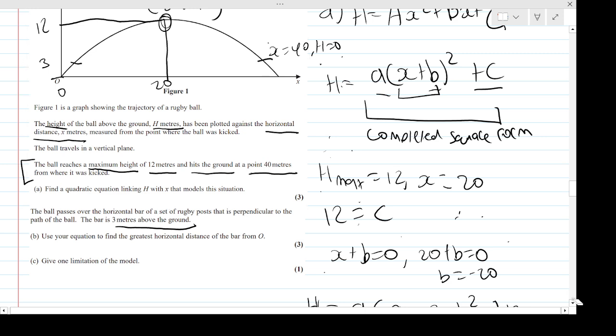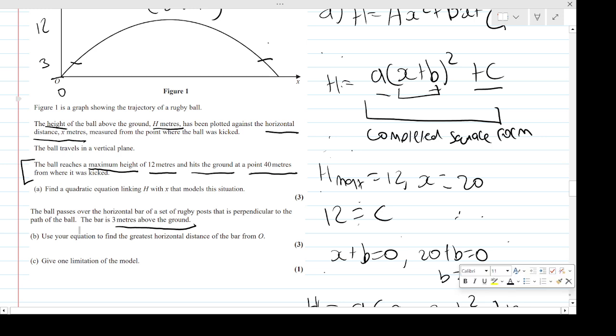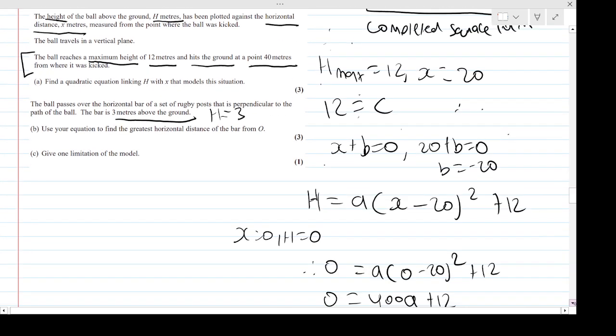Okay. So I'm going to get rid of these now, just to make the graph clear. We don't need the information anymore. But essentially, the bar we're told is 3 meters above the ground. You should be able to recognise and convert that to h, saying h is 3, which should be here. So h is 3 on this axis here. So here or here, right? But to work that out, well, we're going to set h is 3. That's what this means. So if we set h is 3,